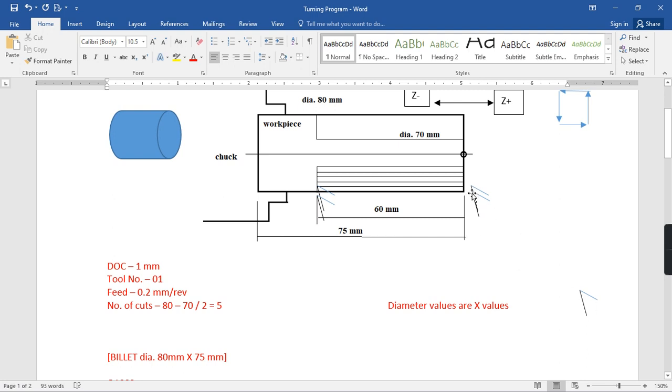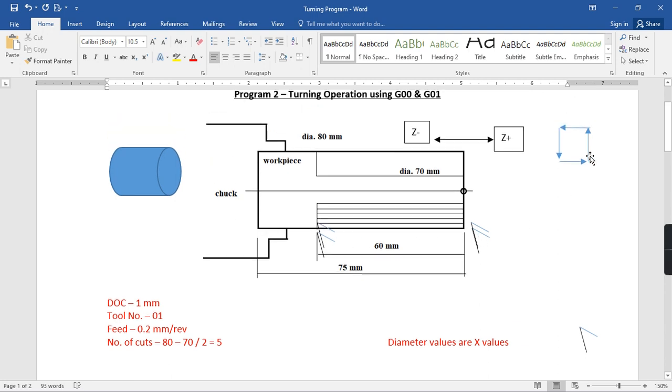We have taken depth of cut. We went here. We came back. Again we had it here. Again we entered into the second cut. Came along this path, retracted back, came to here. So our trajectory is first take the depth, move along the spindle axis, come outside, again come to its original position. So this is the track similar to facing, but in facing we do like this. We go like this, we move in this phase, come back. So it is reverse of this case. So this way we have to complete 4 cuts.